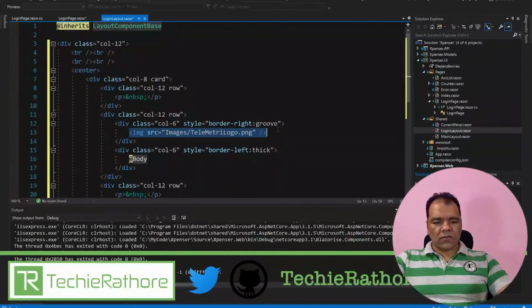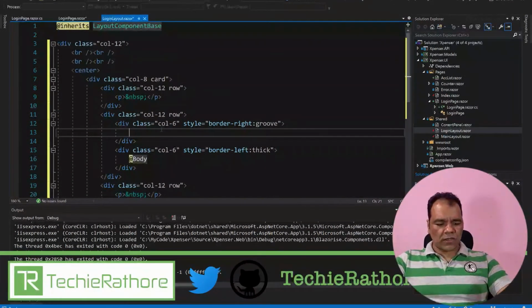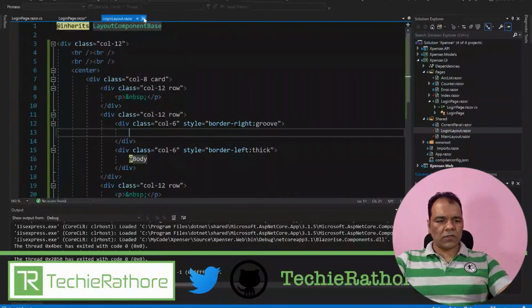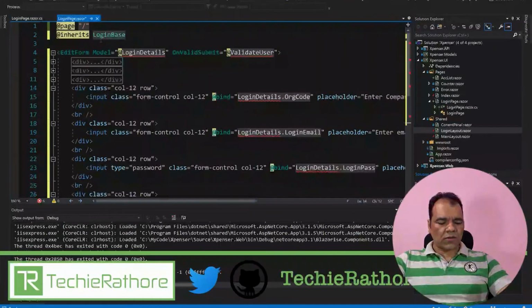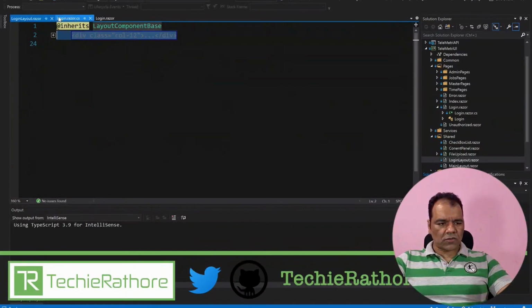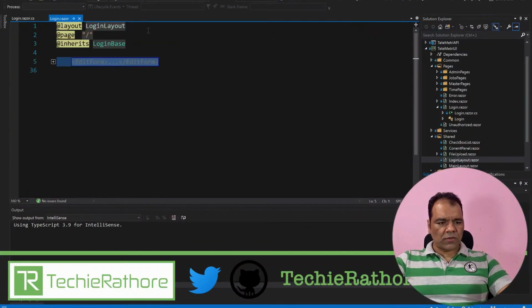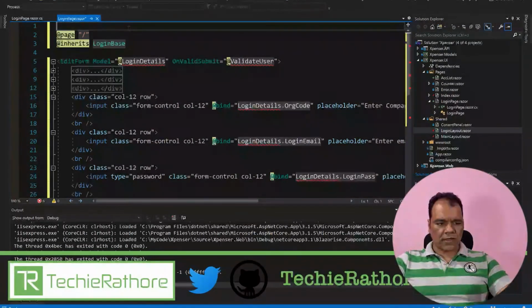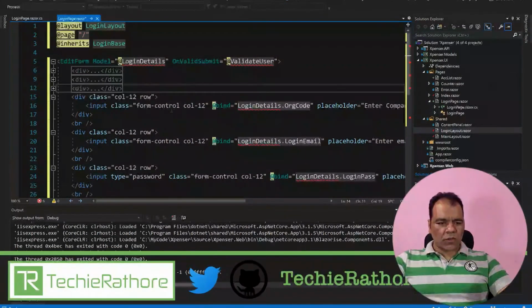Okay, so this is how we are doing it. This is our login layout, and we are using our login layout in our applications. So here we'll be using @layout equal to, before the page, I'll add this as login layout. Right now it's giving us an error because